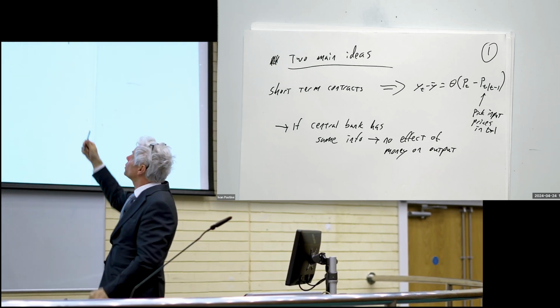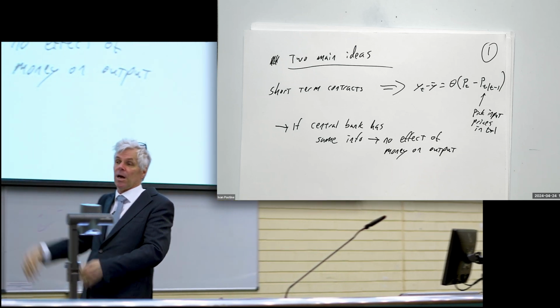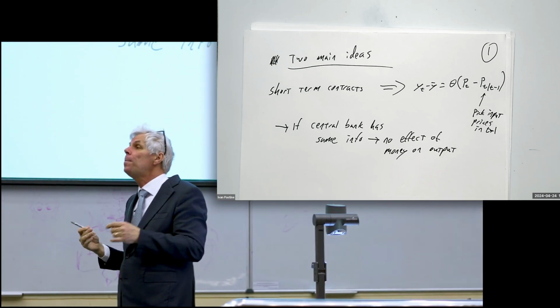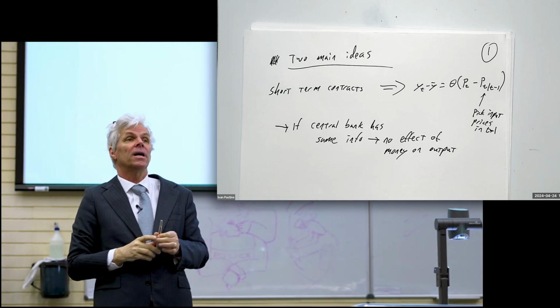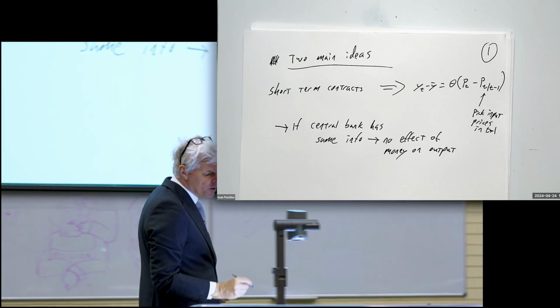Okay? And so if I have all the information that the central bank has, I can predict money supply, and therefore I won't make mistakes because of money supply. And output is affected by mistakes, not by prices themselves. So the money supply will still affect prices. If you double the money supply, prices are going to go up for sure. But it won't affect output because it won't affect the price prediction errors. On the other hand,